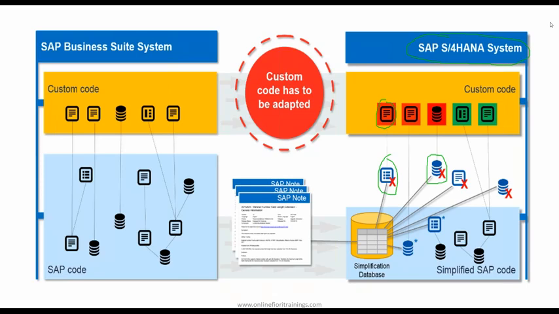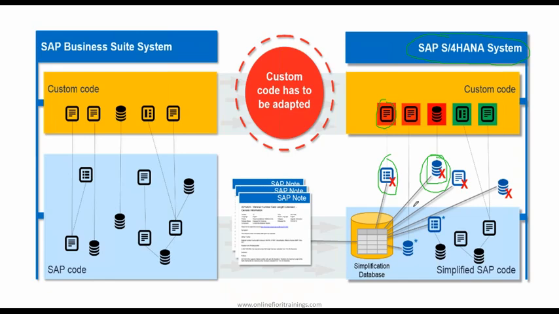Okay. So now on this right-hand side, you can see some of the custom code has been removed. Some of the standard code has been removed. Some of the standard tables have been removed or marked as obsolete tables. Some of the domains and data elements have been changed or extended. As a result, you, who were consuming these data elements, tables, domains, function modules, function groups, and custom standard programs, are affected by that.